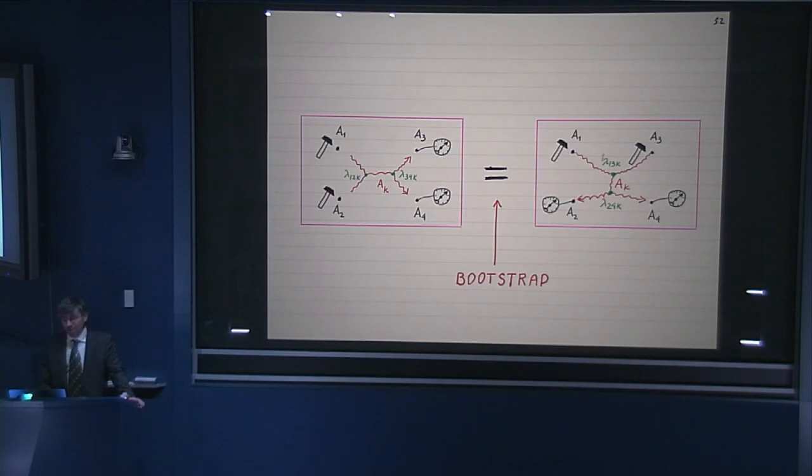And on the right-hand side, it involves different coefficients, generally different coefficients, lambda 1, 3k and lambda 2, 4k. And also the points are not the same, because everything is happening in space, and there are points x1, x2, x3, x4, which are not the same. So these 2 expansions do not manifestly agree, but they should agree. And that's what we call the Bootstrap constraint. This is the self-consistency constraint that we would like to use.